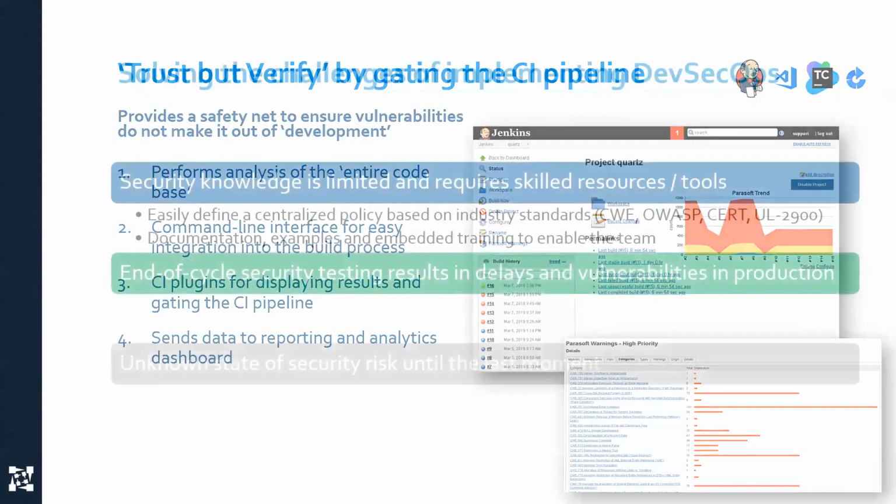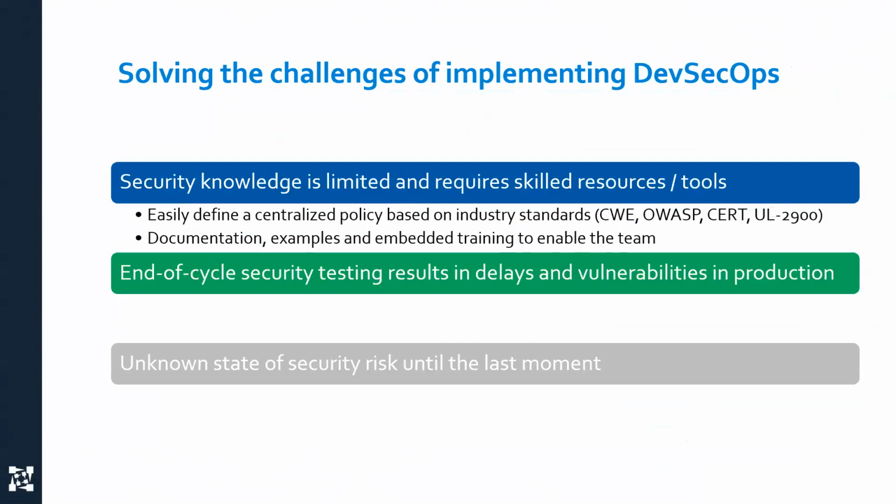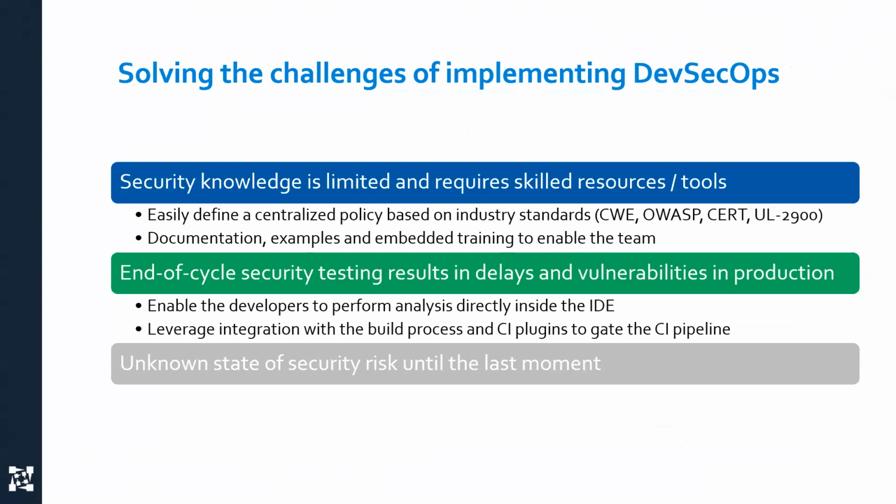So let's summarize where we got to. We talked about the end of cycle security testing. We showed you a couple of things here. We showed you how you can execute directly within the IDE. Wilhelm showed you how we can do deep analysis of the code, and he was able to trigger that on demand and say, okay, I've got these files, I've done enough work, I want to do the deep analysis. But we also have this lightweight analysis that can run in the background continuously as I'm saving the file. So I go ahead and save the file, and we'll run a lightweight set of analysis against the code that's there. And then we talked about the CI pipeline.